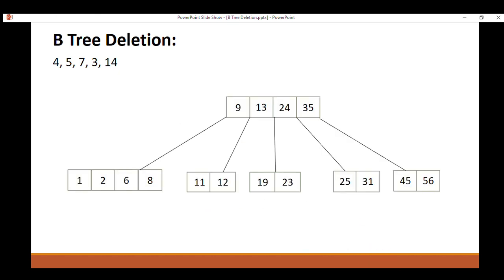Here is the final B tree which we attain after deletion of 4, 5, 7, 3 and 14. So in this way we can delete any value from the B tree.